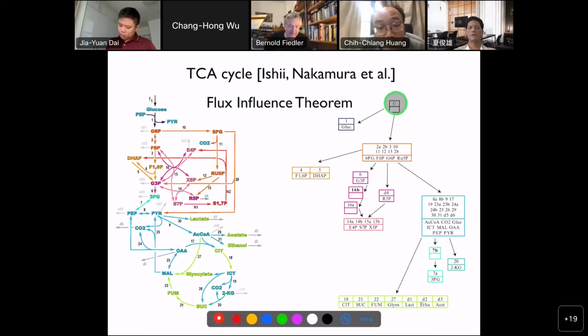Now, if you apply the previous theory to that system, you get the following diagram. You get the feed of the glucose on top, and then the arrows mean flux influence. So if you change the feed of glucose, of course, everything changes in here. But if you change one of these reactions, 2AB, etc., so the orange guys, then it affects the orange guys and everything below. So even though there's cyclicity here, the transitive influence structure defines a hierarchy in the system.